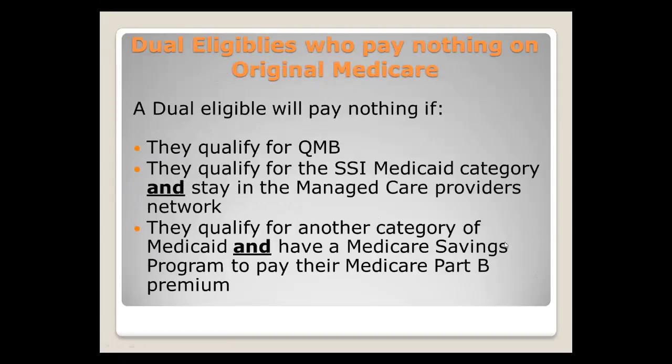So I broke this down into specifically talking about original Medicare beneficiaries, and then we're going to talk about Medicare Advantage plan beneficiaries. So bear with me and try and stay with me. I know webinars can put you to sleep, so if you have fallen asleep, come on back to me. Right now we're just going to talk about the dual eligibles who have original Medicare, meaning they use that red, white, and blue Medicare card when they go to the doctor. The beneficiary will pay nothing. They have no out-of-pocket expense if they qualify for QMB,